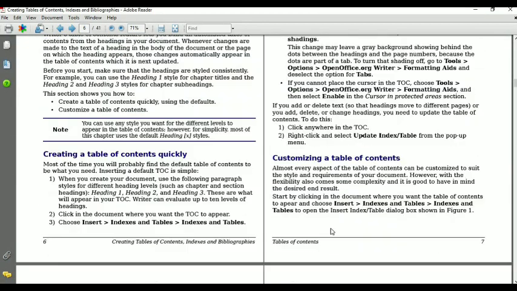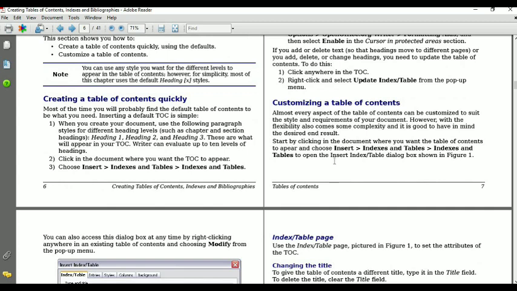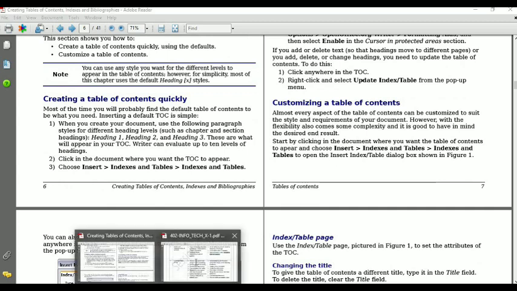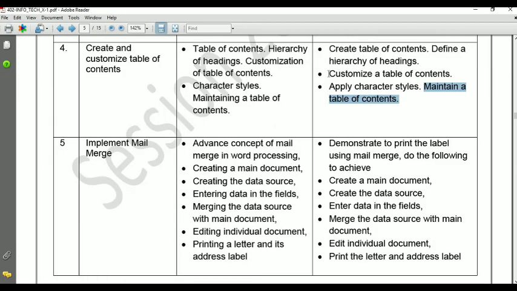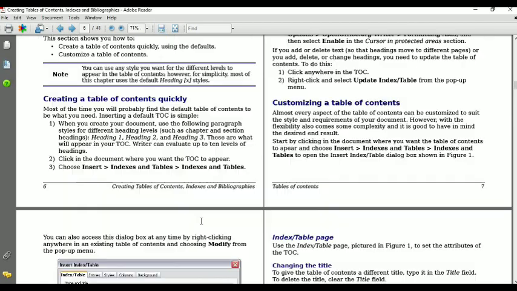Now, customizing your table of content. We have various options for customizing the table of content. This topic is also given in your syllabus. Its theory is given in this PDF. You can write or make notes from here.